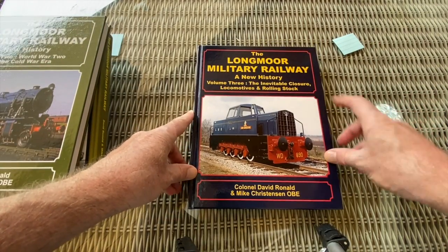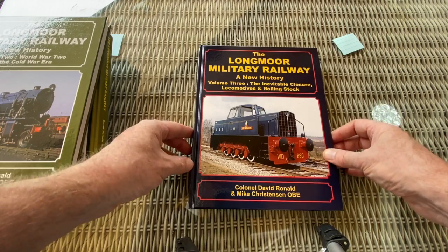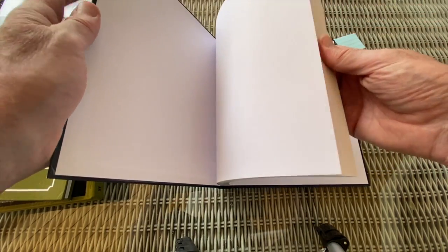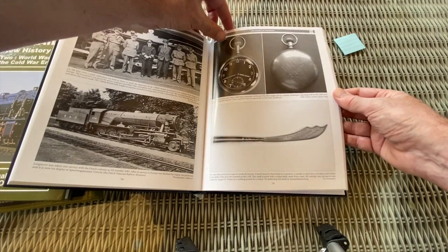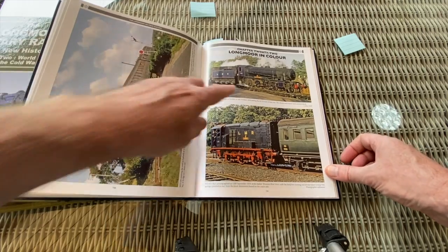And then this was the last book in the series, so volume 3. So this goes up to the point when they closed it in 1969. So which is before most of us were born. Well, I was just born. But in this one, they've actually got some nice colour photos. So we can start to see what Longmoor looked like in colour. So this is the